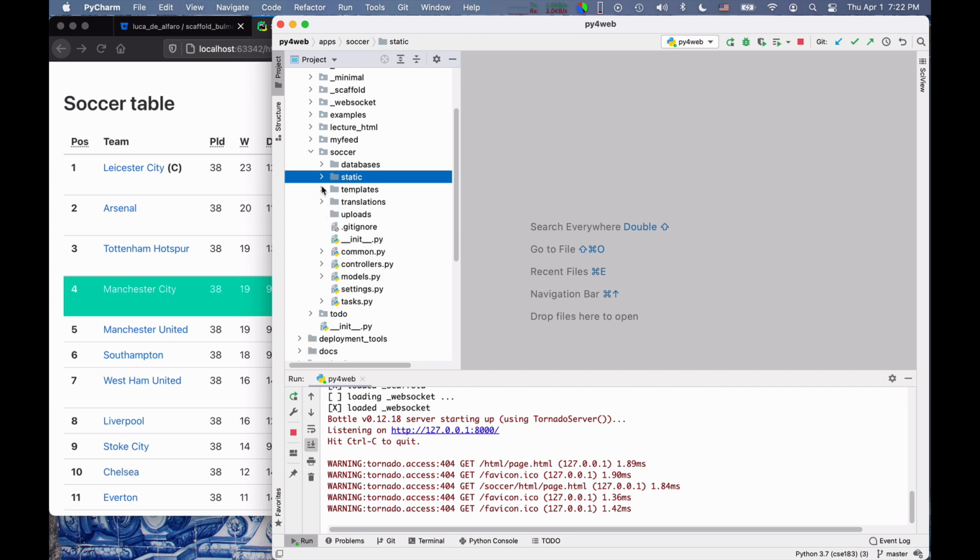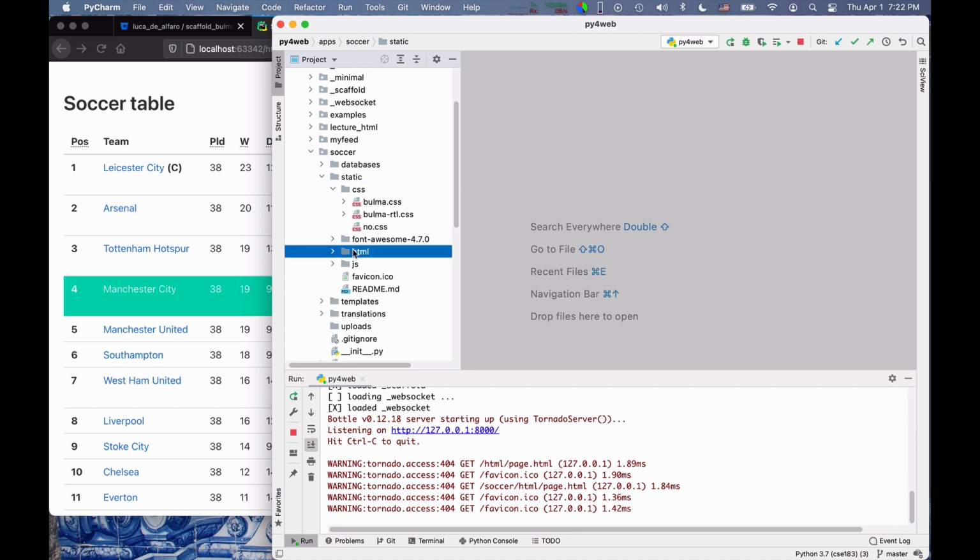The most trivial way, and the way we will not be using very often at all, would be the following. In this static directory, as I mentioned, there is CSS code that we can serve, JavaScript, and I can create an HTML directory in which I can put static HTML if I so wish.